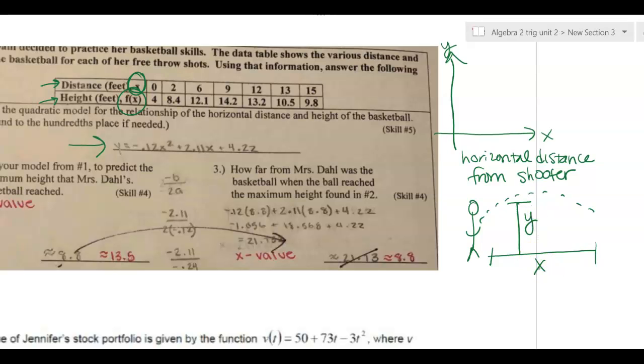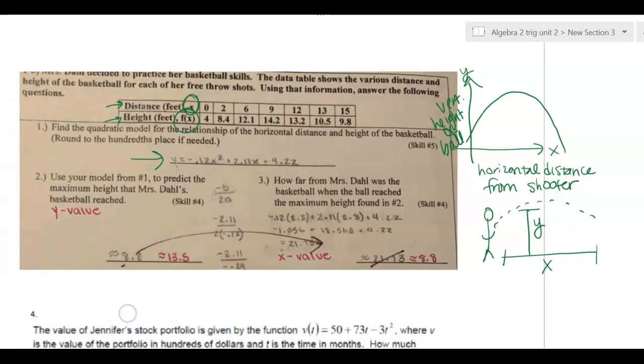And again, I don't just know that inherently. I have to read the question and look at the data and really process what x and y mean. And so then my y is the vertical height of the ball. So I'm going to label those things and just draw this little arch to give me a picture. I feel like that helps. It's messy and kind of elementary looking, but it helps give me a process and a picture of what's happening. So then when I read this problem and it says use your model from number 1,